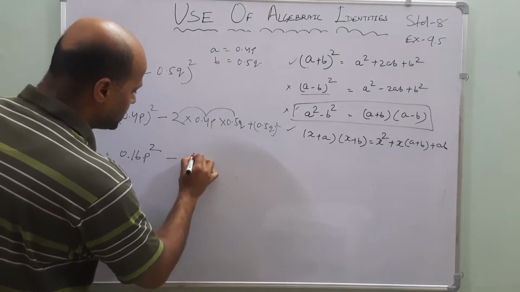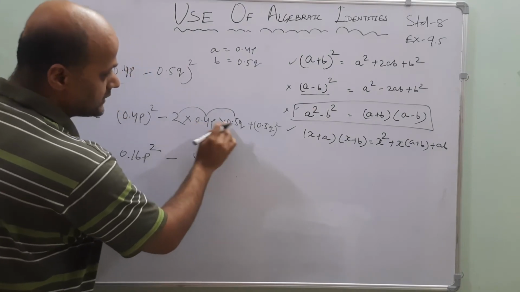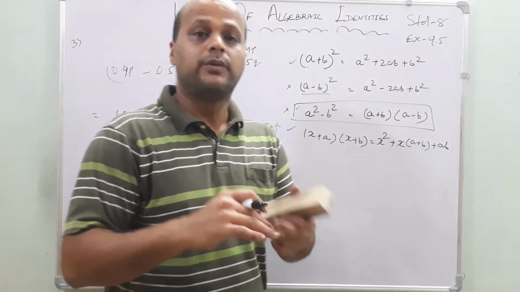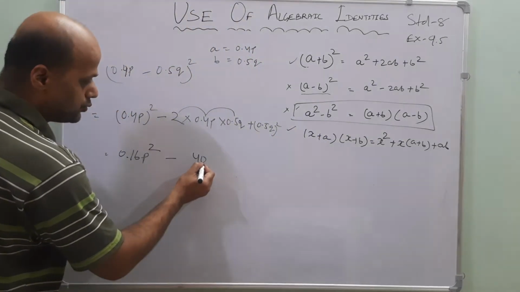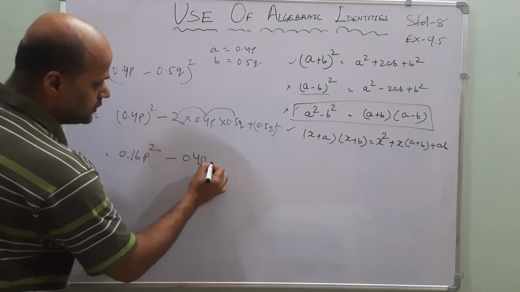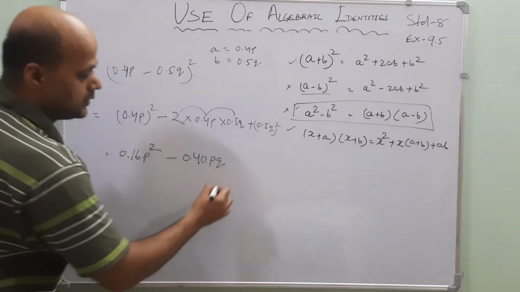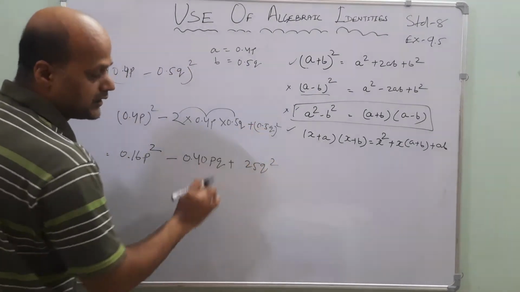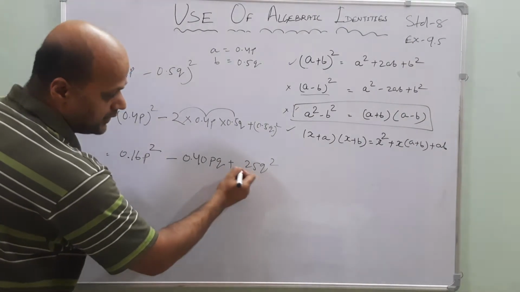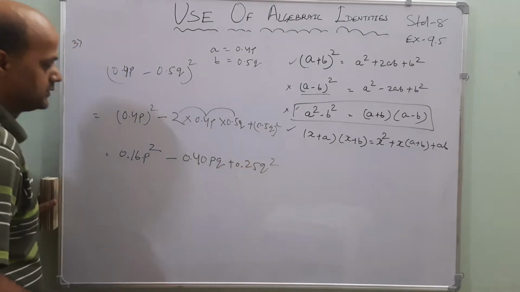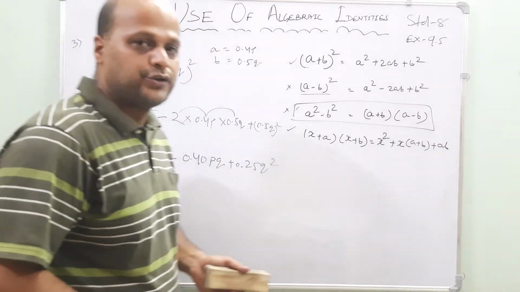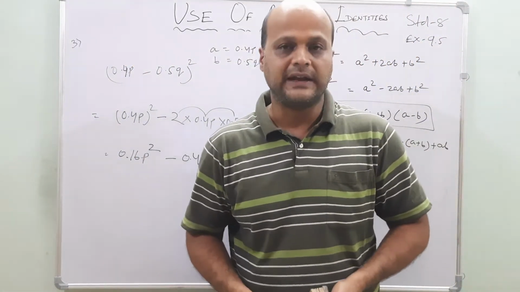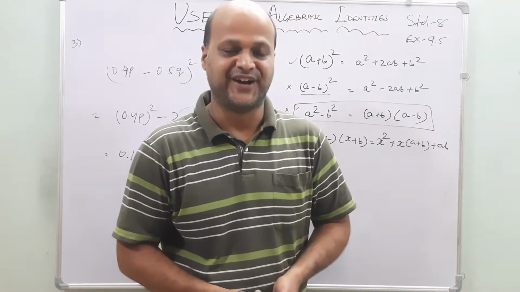First write is minus 40. After the decimal, two single digits are there, so it will now be double. What is that? 1.20pq. Plus here also 25q square. After the decimal, one digit, so the decimal will come in before two digits. Okay. So in this manner, you have to solve the question correctly by using the suitable identity. Understood? Okay, very good, my dear friends.